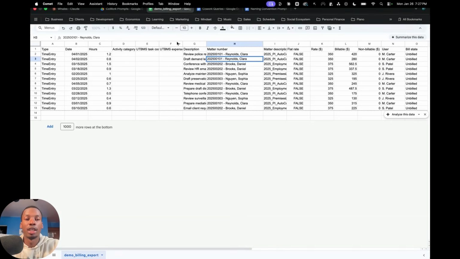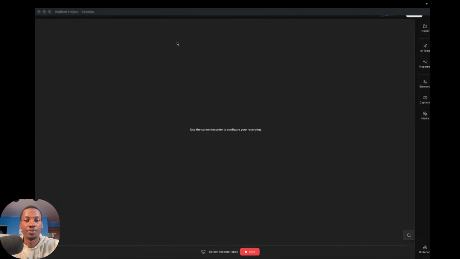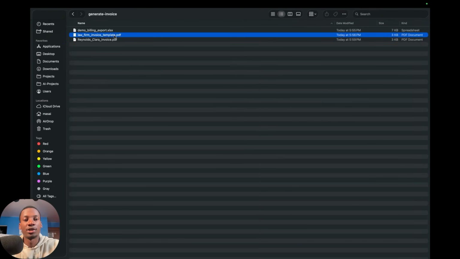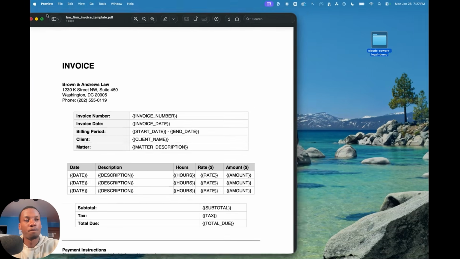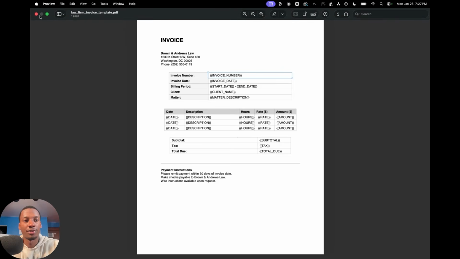And then the really key part is we need to give it a template to reference. And so that's what this invoice template is here, right? We have this template that's just telling the LLM where to put each different variable and how to fill this template out for us. So what we'll do now